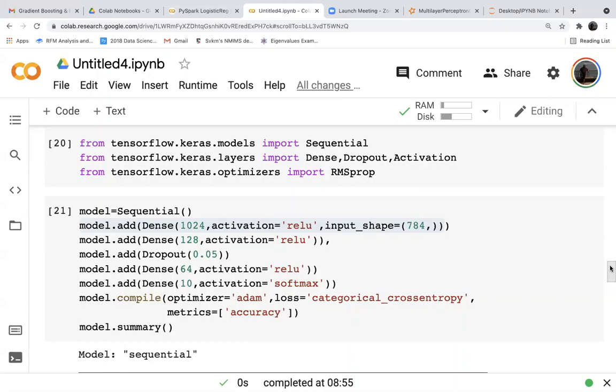Once you flatten the data, you define your first hidden layer with say 128 neurons, activation ReLU. Max pooling, two-dimensional, is done before the flattening process. After flattening, you define your hidden layers, 1, 2, or 3. Then you build the network with the softmax activation.